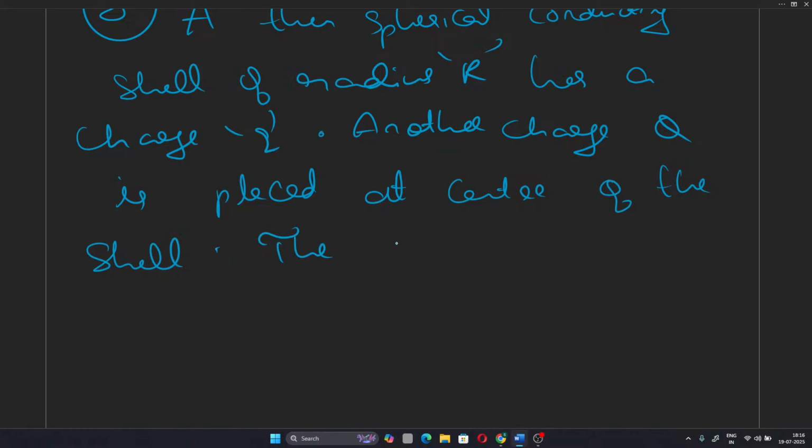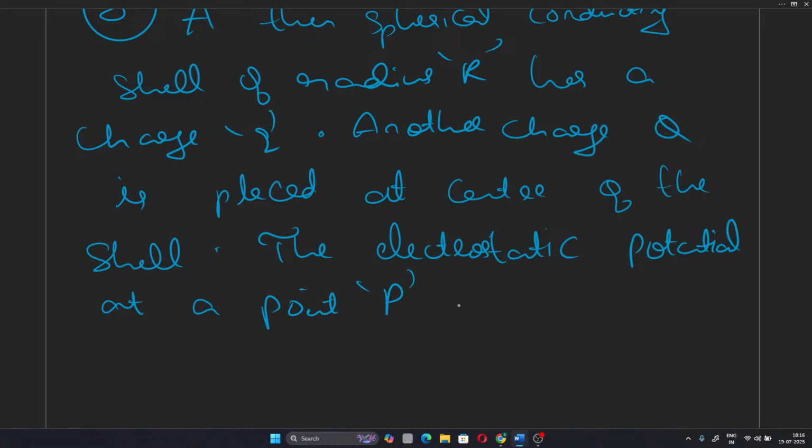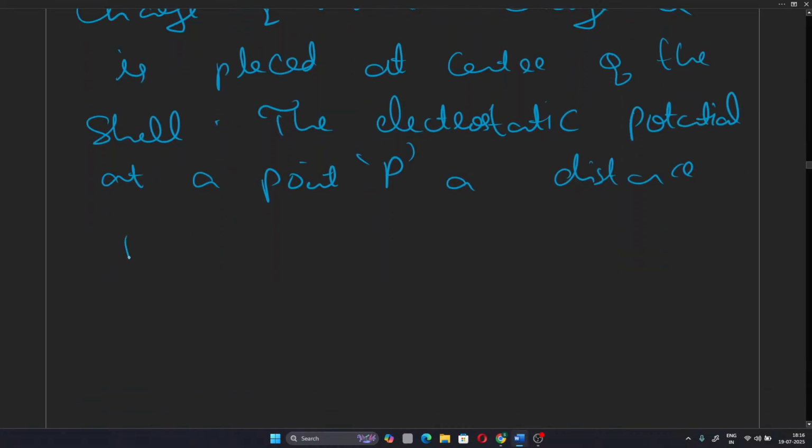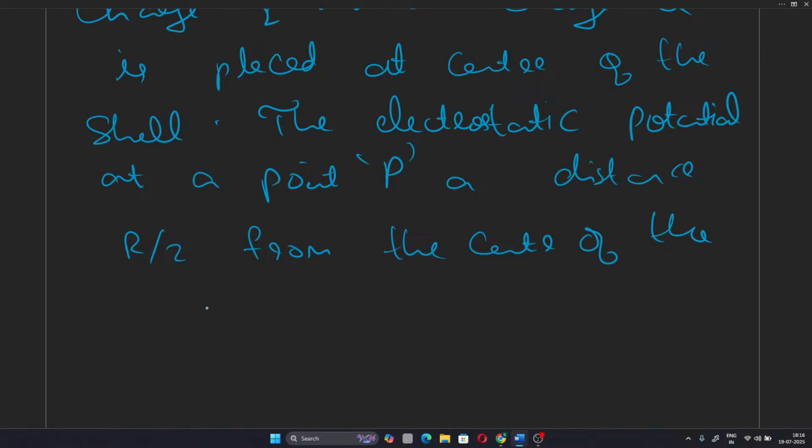The electrostatic potential at a point P, a distance r by 2 from the center of the shell, is